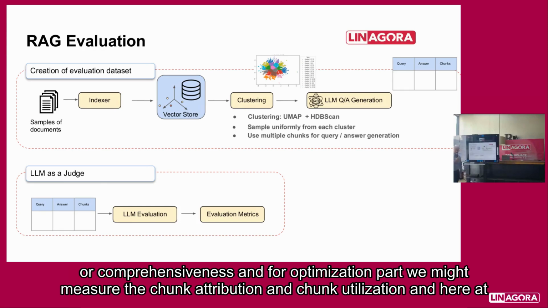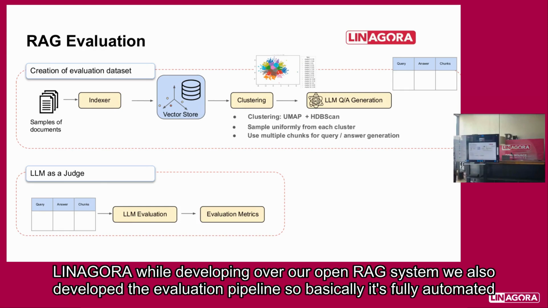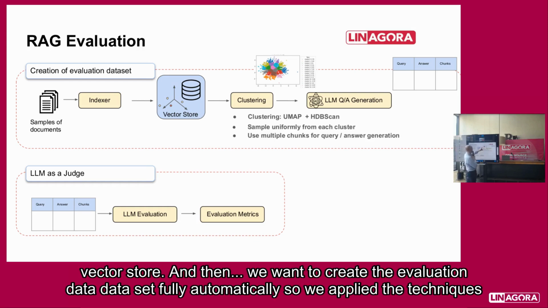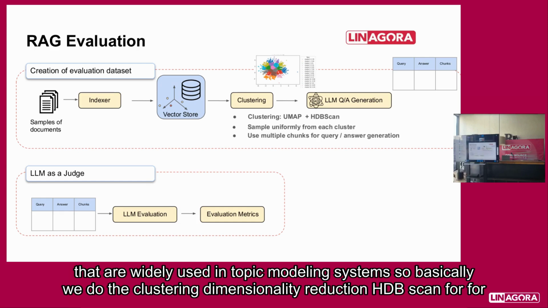And here at Linagora, while developing our OpenRAG system, we also developed an evaluation pipeline. It's fully automated. You start with your samples of documents that are already indexed into your vector store. And then we want to create the evaluation data set fully automatically. So we apply techniques that are widely used in topic modeling